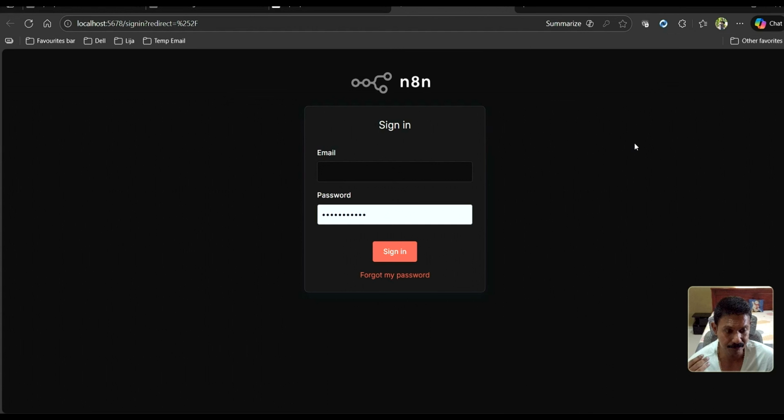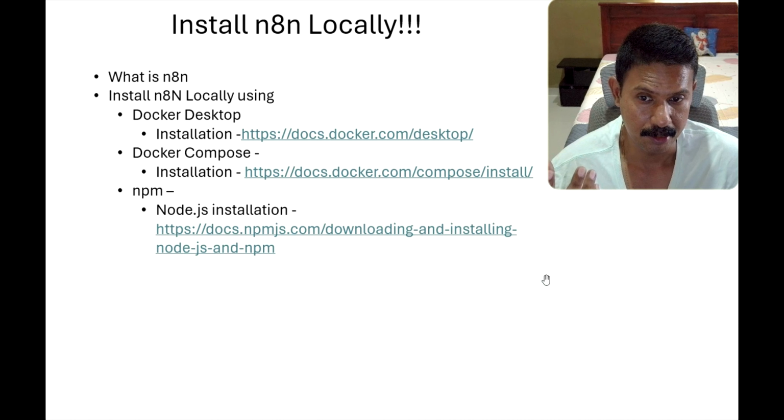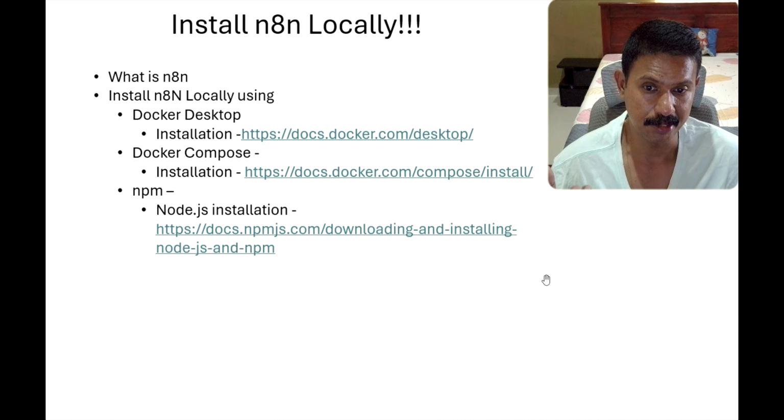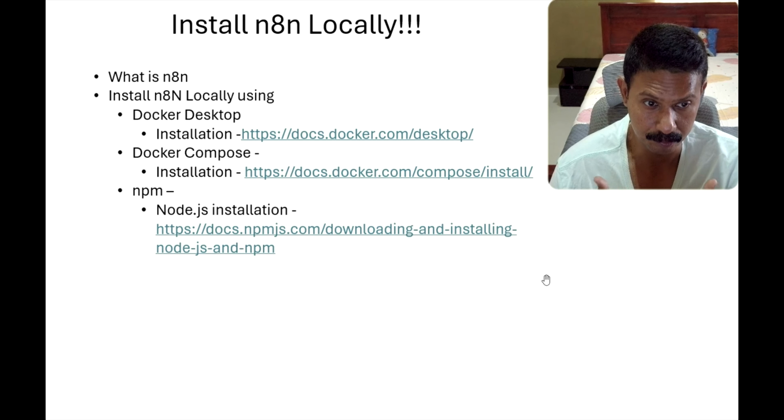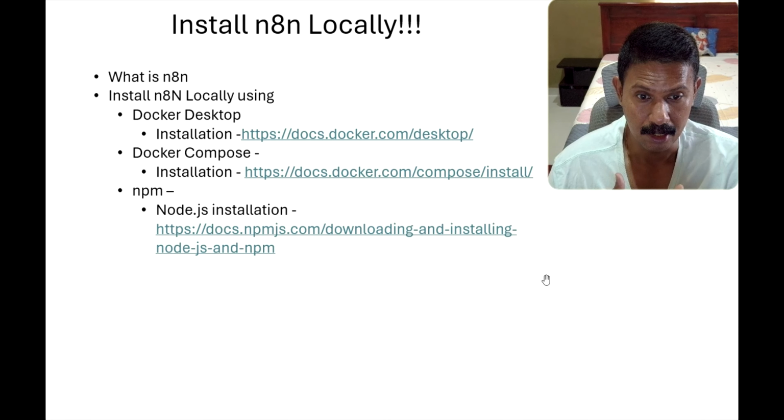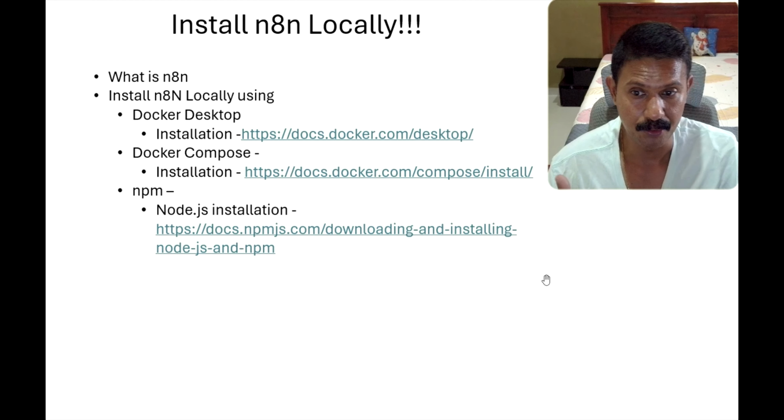So we discussed three ways of hosting self-hosted n8n instances. We did Docker Desktop, which was the first method we saw. We used Docker Compose, which was the second, and then we saw how we can use Node.js. Now, before we end, I think it's a fair question whether I have any personal preference on which method I would use. As I mentioned a couple of minutes ago, my personal preference would be using npm,